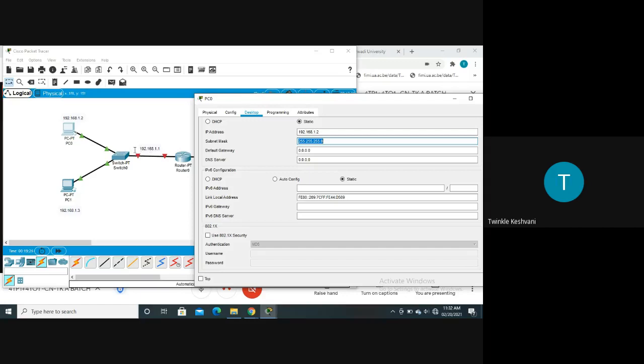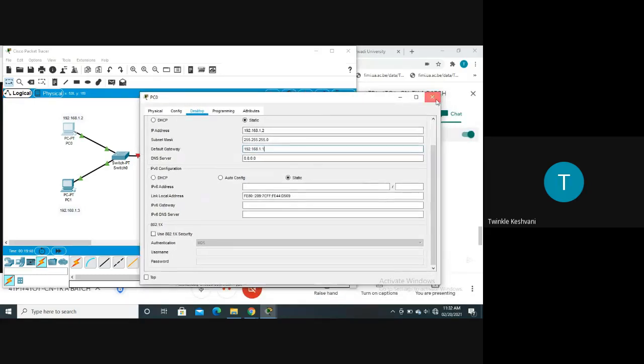So the default gateway for this PC will be 192.168.1.1, right? We have already placed a note of the default gateway, which is between the switch and the router, right? So 192.168.1.1, the same default gateway we are using for the PC 0, right? Now we'll close this tab.